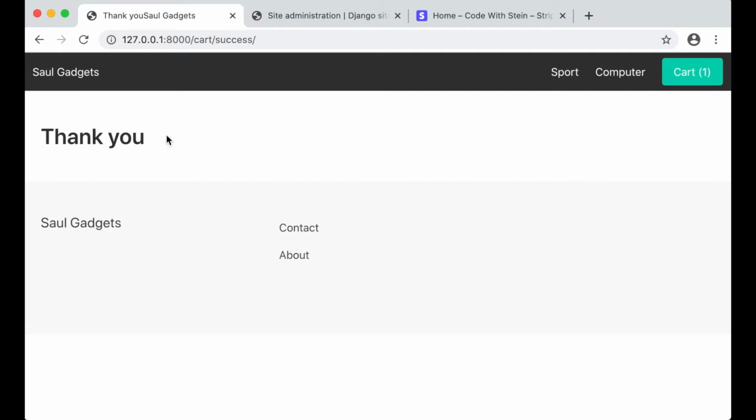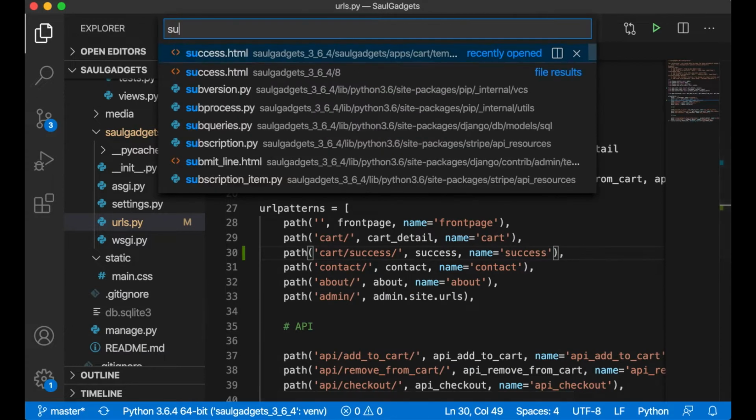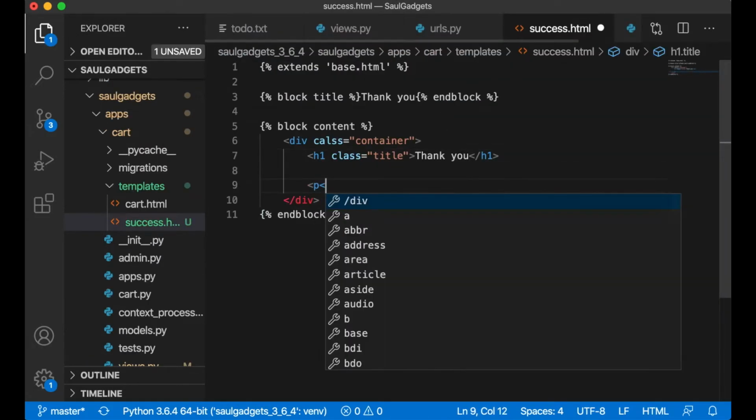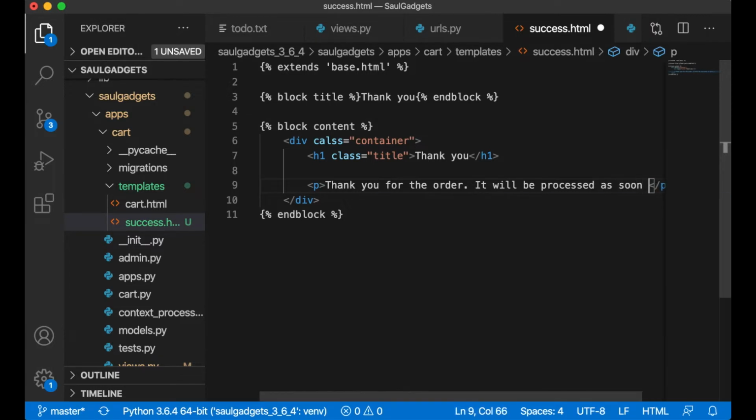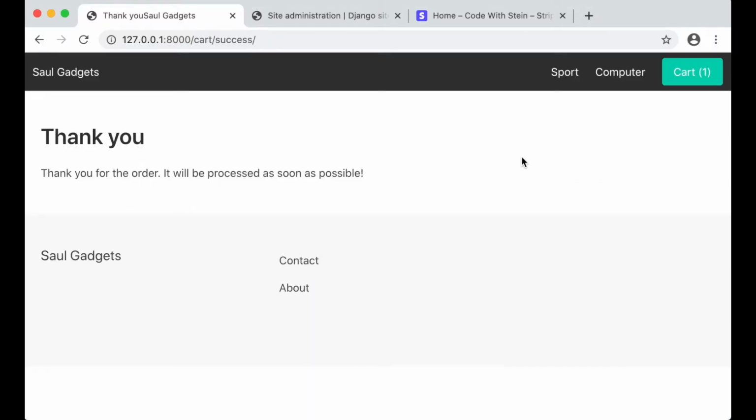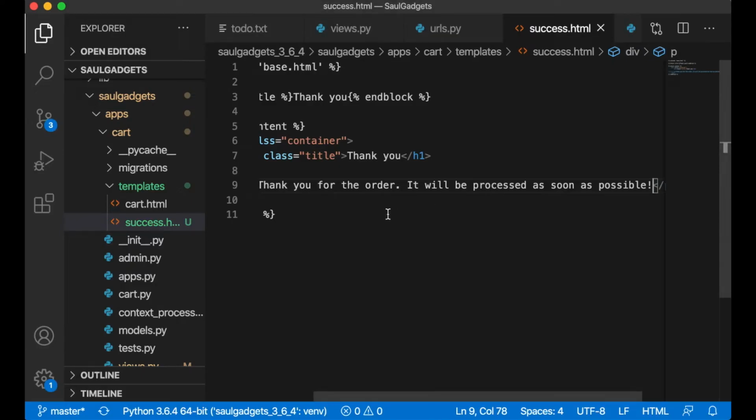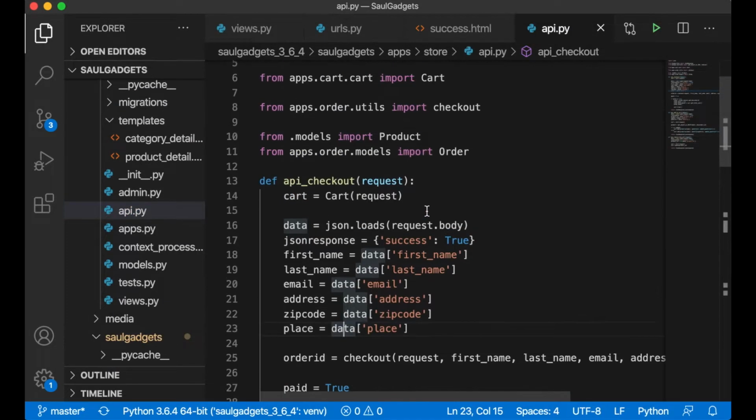Yes. We can also add just a paragraph. Thank you for the order. It will be processed as soon as possible. Like that. Perfect. So now I want to create an API function inside store/API because I need a function to